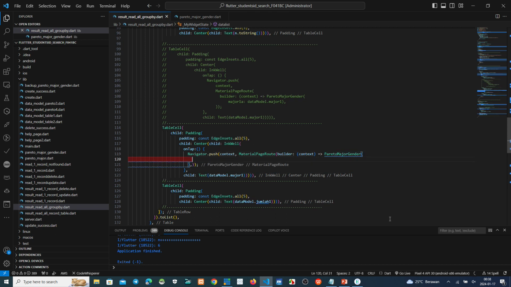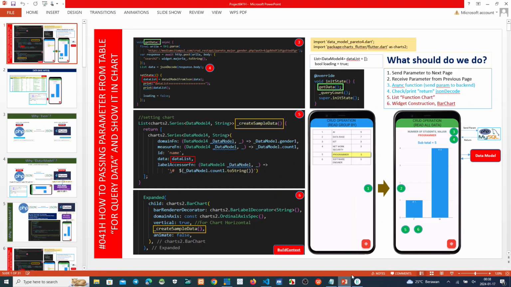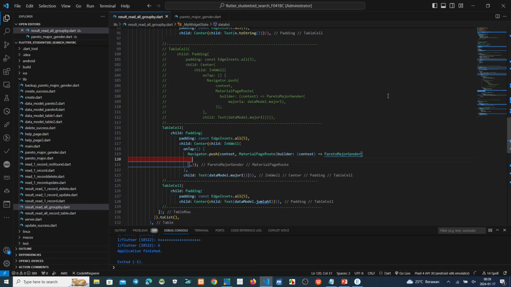Okay. Now from this page, we send the parameter name, this one, here. Measure 1A.